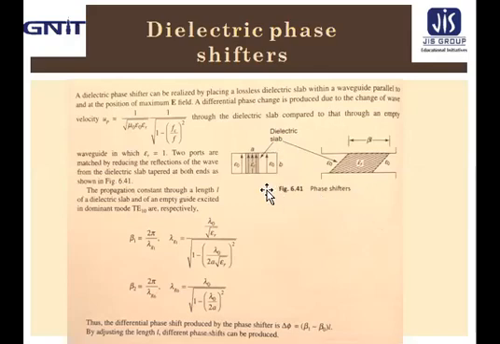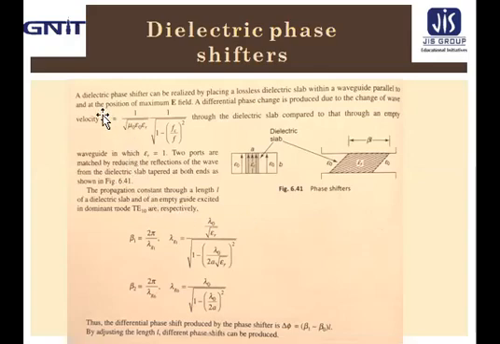slab. That's the dielectric slab. Placing a lossless dielectric slab within a waveguide parallel to and at the position of maximum electric field. Here is the maximum electric field, and this is a waveguide, and within this there is a lossless dielectric slab, and the differential phase shift change is produced due to the change of wave velocity, that is, mu p equal